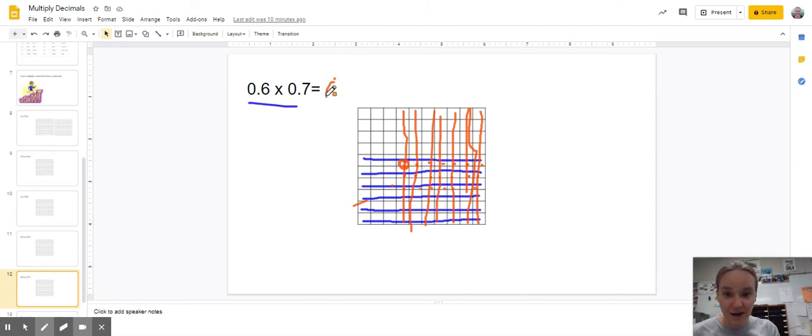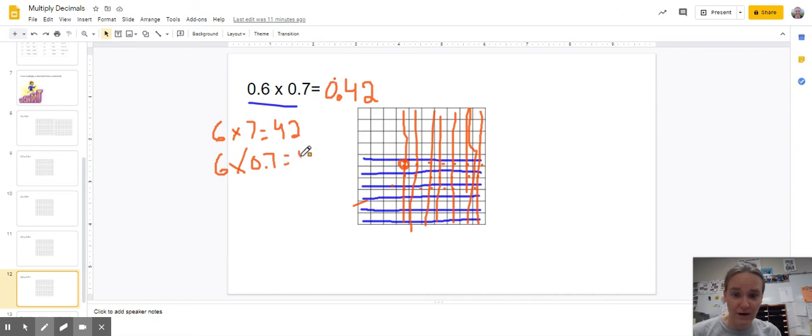So my last number has to be in my hundredths place. Hundredths place. Ones, decimal, tenths, hundredths. So my answer is 42 hundredths. And if you think about our patterns, we know 6 times 7 is 42, hopefully. And we know 6 times 7/10 we can figure out would be 42/10. So 6/10, if I move my decimal for both this one and this one, both numbers in my factor, I